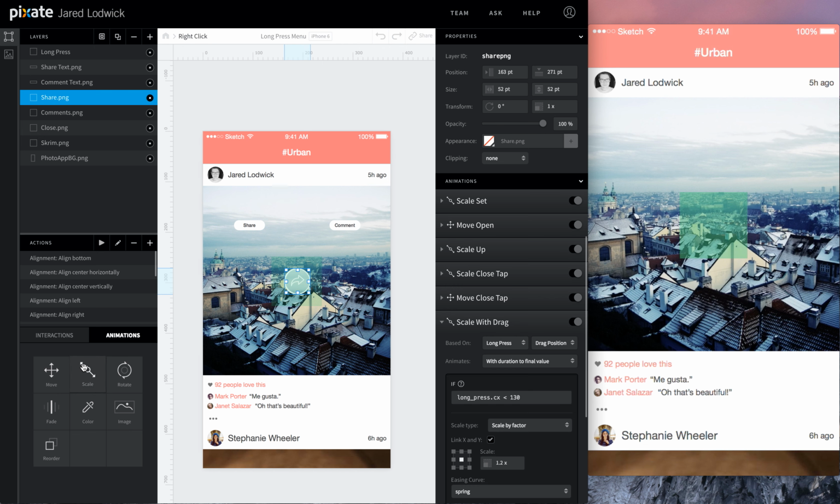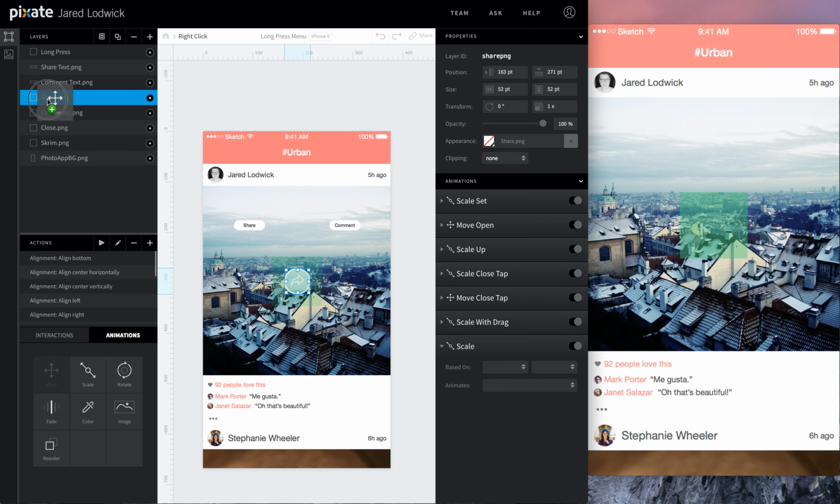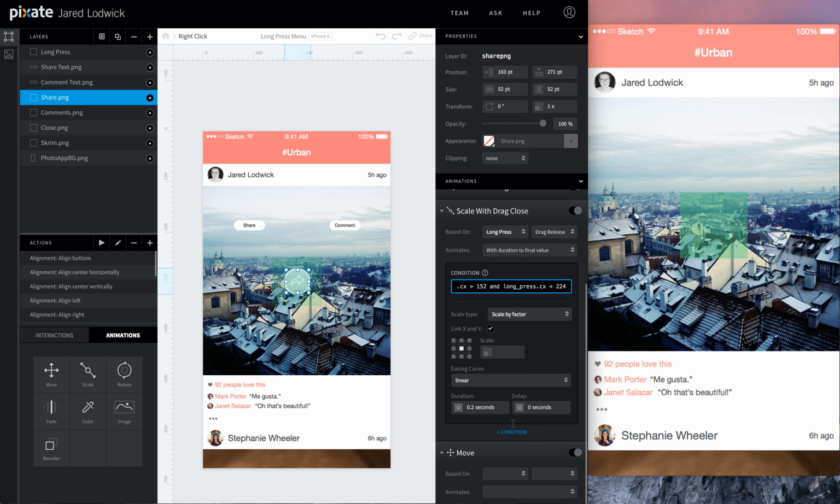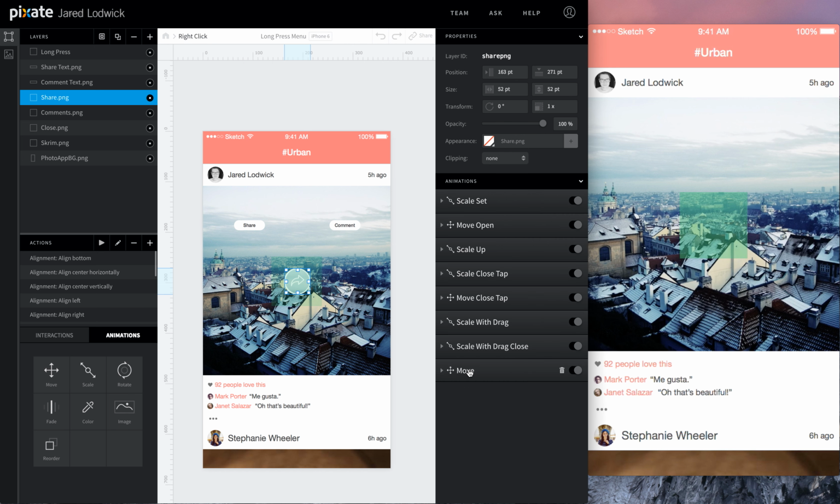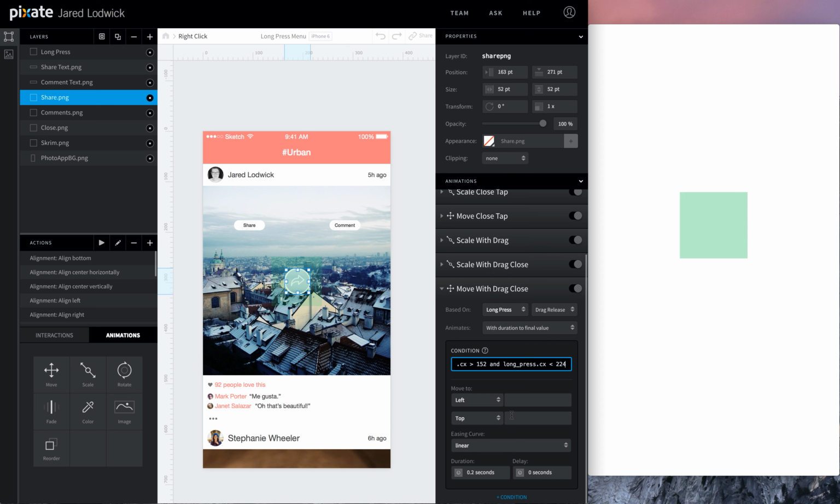Now we'll do the same thing for share. Let's just add this scale animation and move animation. Let's scale with drag close, just like before. Paste in our condition, tell it to go to 0. Then move with drag close, based off long press's drag release, paste that condition.